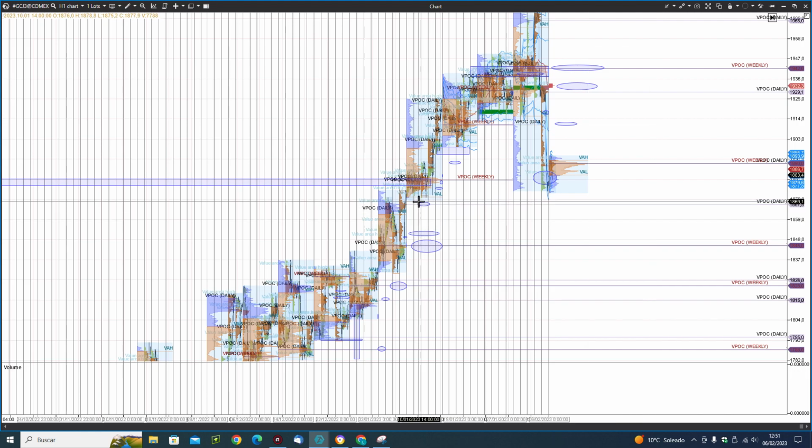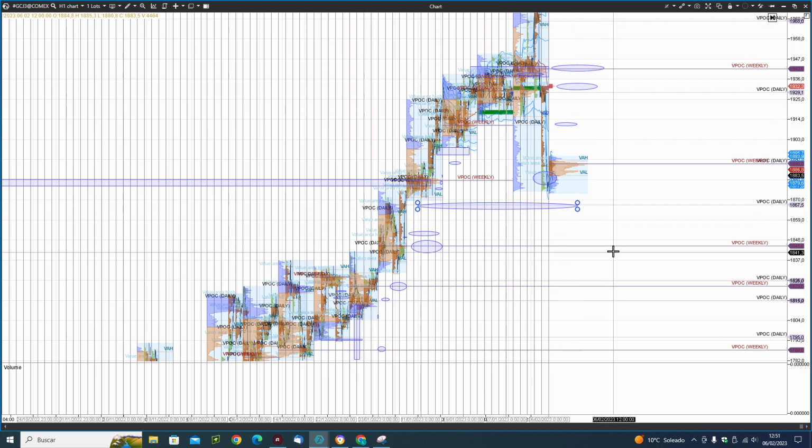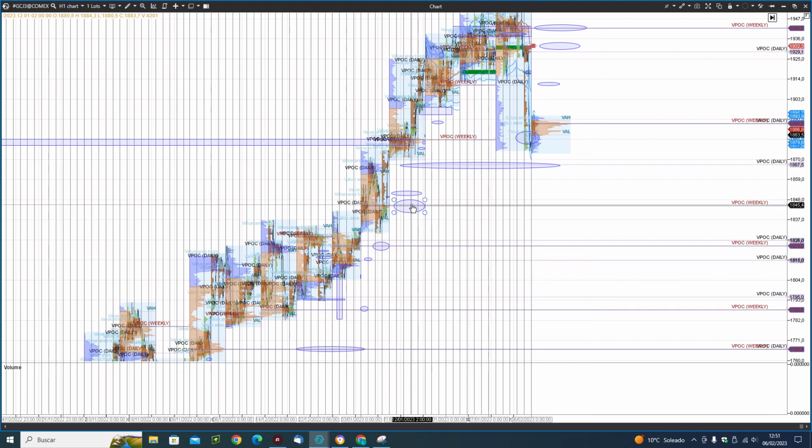Next step will be this little high volume node at daily naked VPOC at 1867. Okay, this zone, and next one would be this point, weekly naked VPOC at